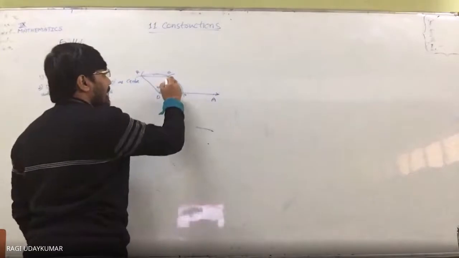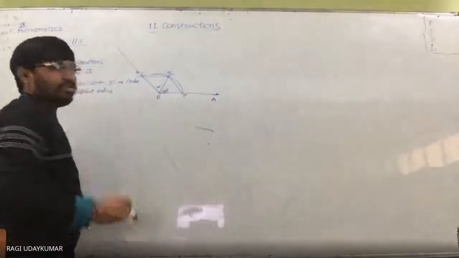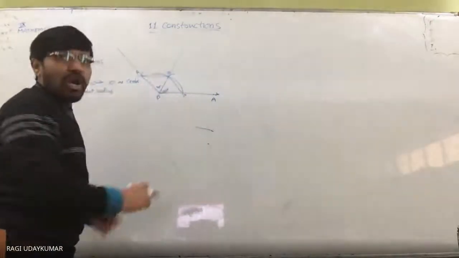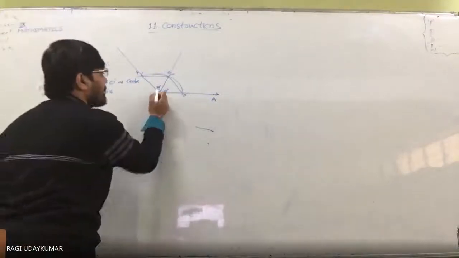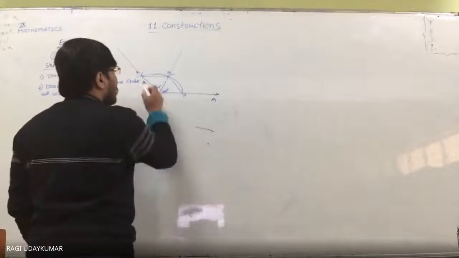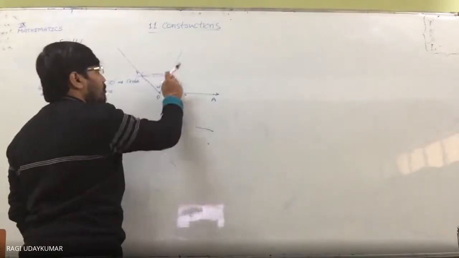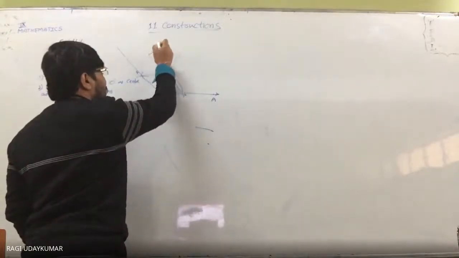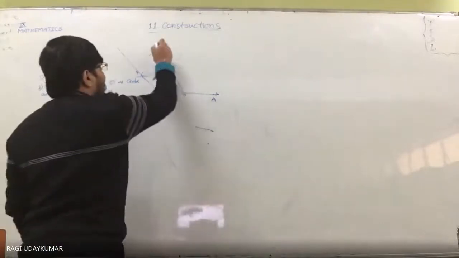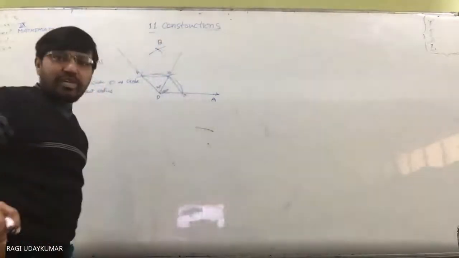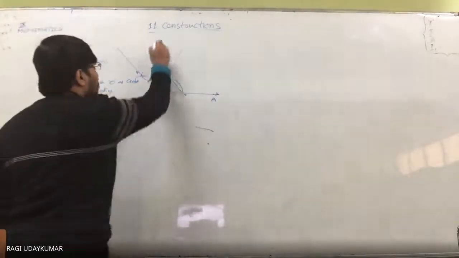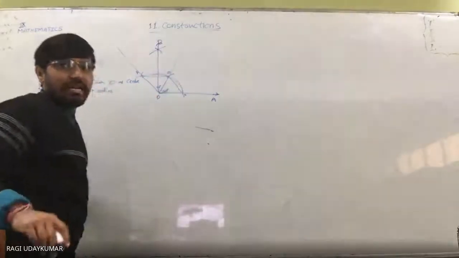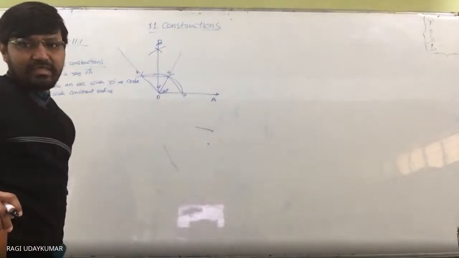So you want to bisect this angle. So let us extend it. Okay. So this angle 60 degrees, to bisect the angle, how do we bisect the angle? Because we need 30 degrees here. 30 degrees चाहिए. So bisecting करने के लिए O as a center one arc है. Already arc is there. Now Q and R as a center draw the two arcs which intersect at the point B. Let us name it, because AOB, let us take into consideration. Now join O to B. Then we are going to get this 30 degrees bisect. So the angle AOB is 90 degrees.